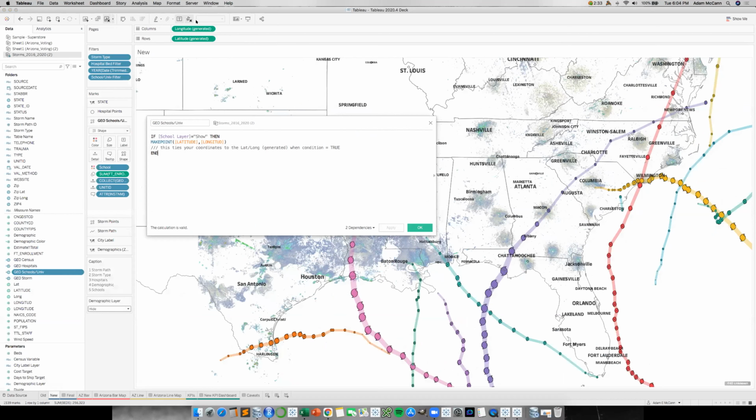This then ties this lat-long to the generated lat-long that you traditionally see in maps on Tableau. And that's how you keep adding points and differentiating between the longitude and latitude of your universities versus your hospitals versus your storm paths and so forth. So you use Make Points and you just keep adding those layers onto your visualization.